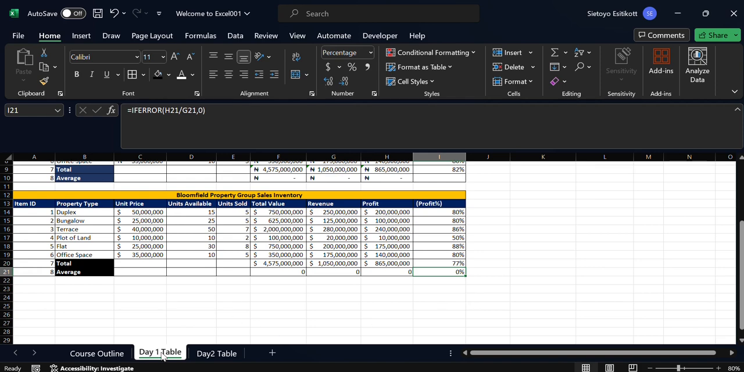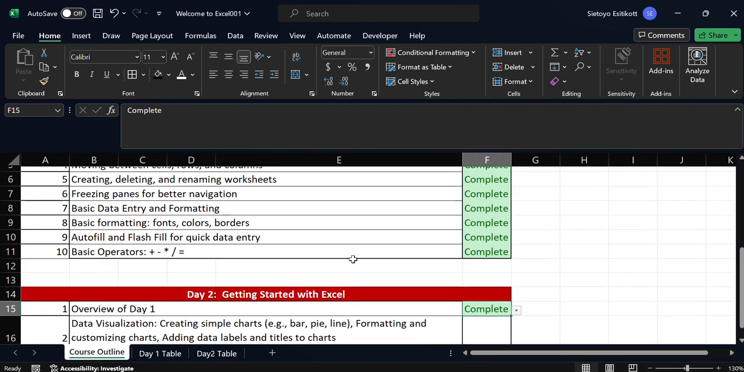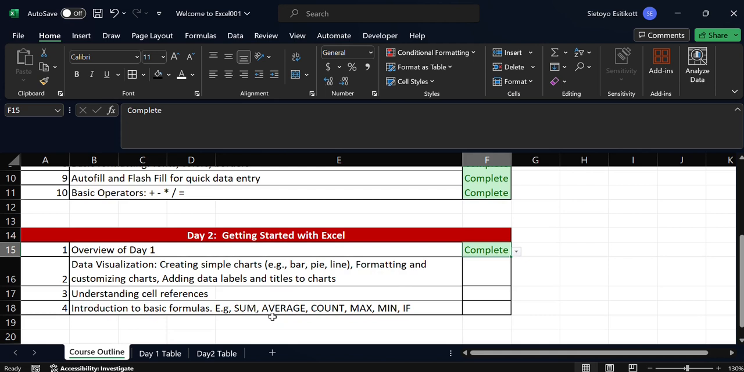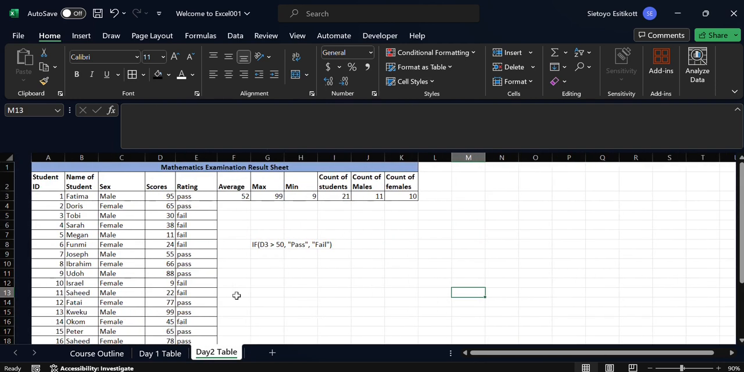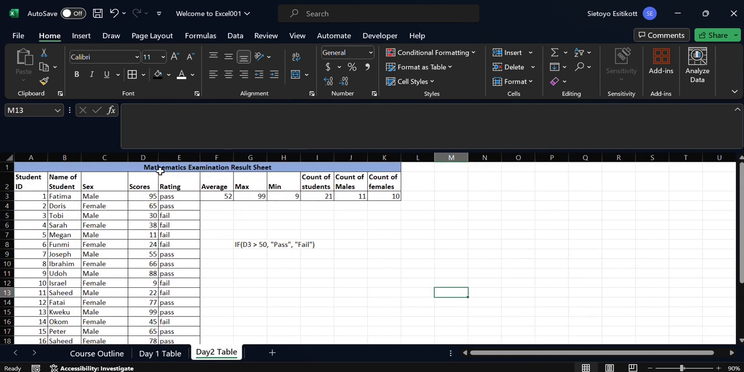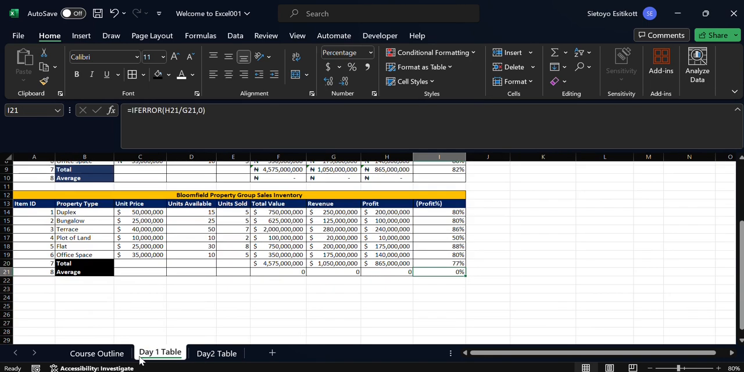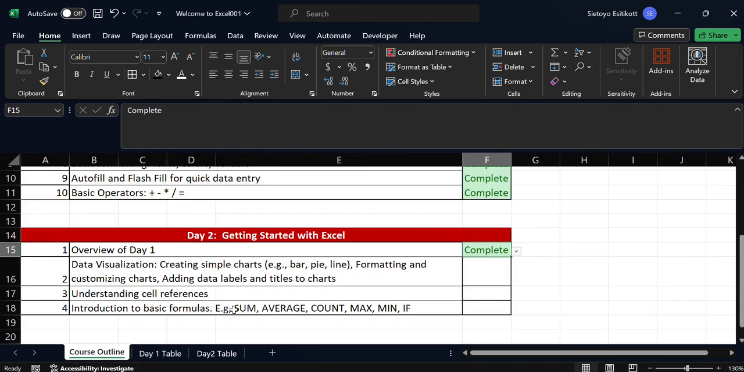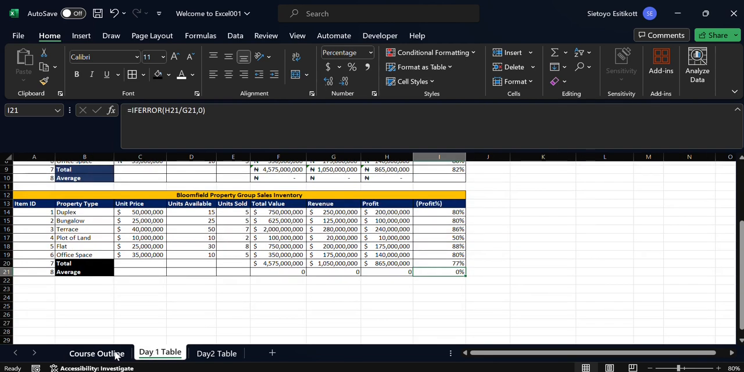profits. Okay, so that's that, right? We've looked at average. For the count, max, min, if, that was used for day 2 when we created a table looking at mathematics examination results sheets. But before we do that, we're just going to do a quick visualization. However, I think I'll talk about the cell references when we look at day 2's data table. Okay, so let's quickly look at